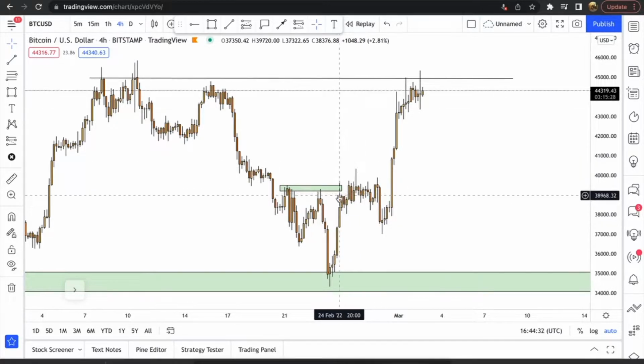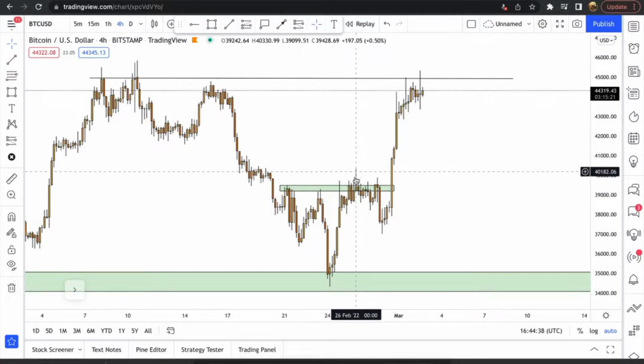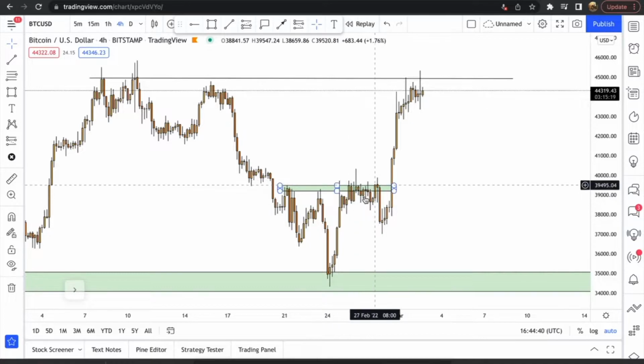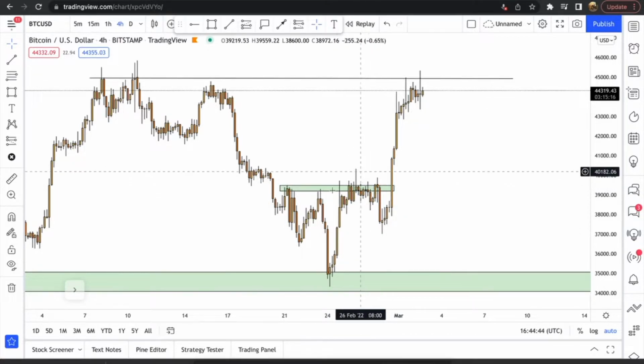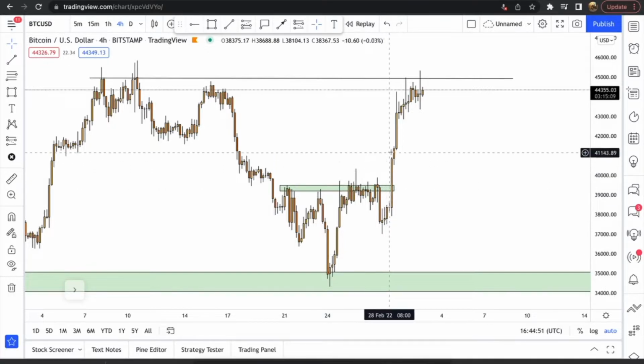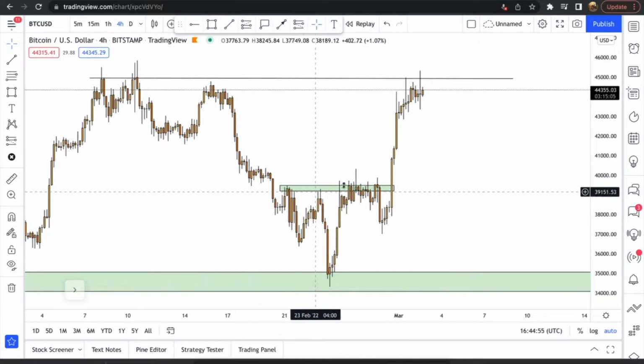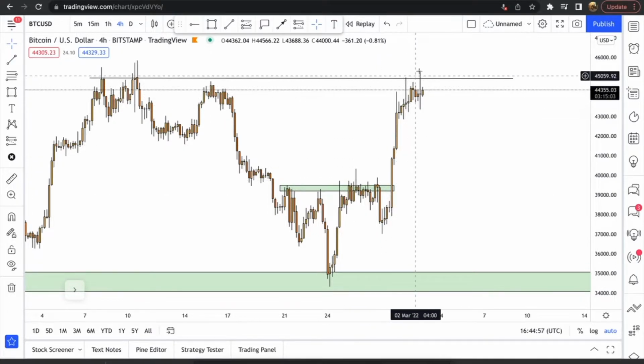And you can see it. So we've pushed up into this level, and then we've just consolidated. You can see that the buyers haven't been able to break and close above here, because it's a major level. You've got a lot of sellers sitting in these sort of areas, and then we tanked down. But then you can see, we had this push back up, and then we had that strong 4H momentum there, and then as soon as we've broken out of this level, we've just continued up here.